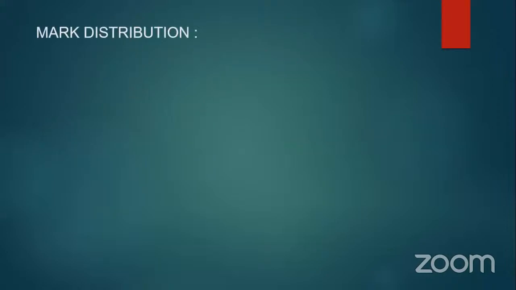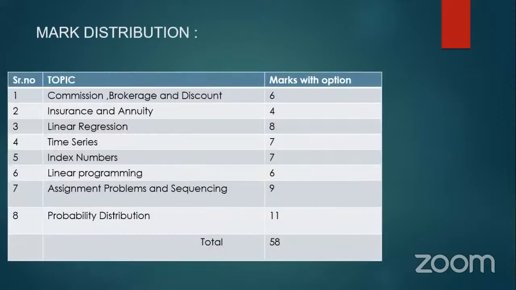mark distribution. Okay, so the topic wise mark distribution is given over here. In total we have 8 topics. First one, commission brokerage discount. All the topics I had written over here, and marks with options are also given over here. Now, if your target is to pass only, means I want the first class, my target is to achieve 50 to 60 marks. Okay, if your target is to attempt 50 or 60 marks, yeah, 70 marks, then select the